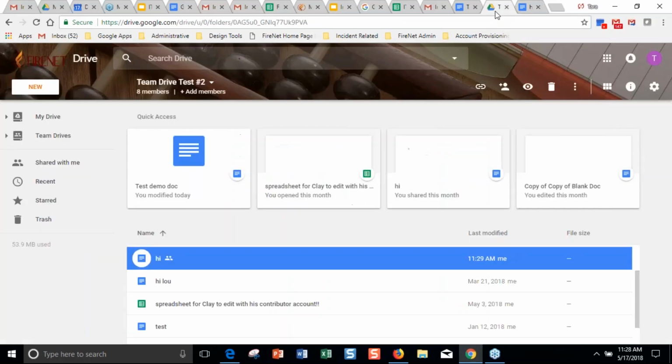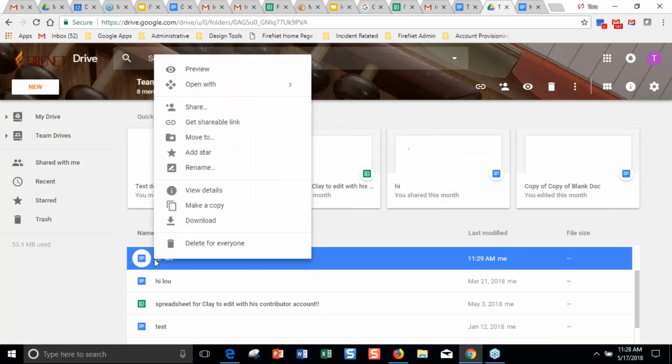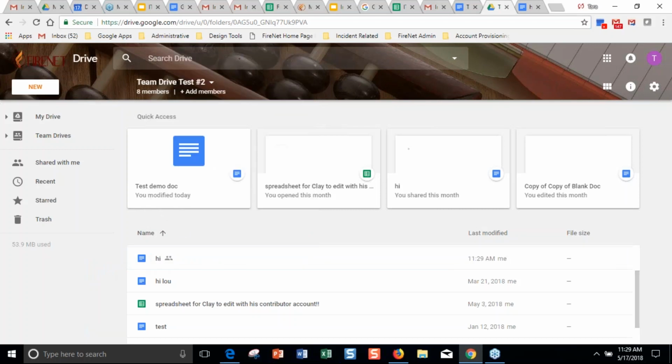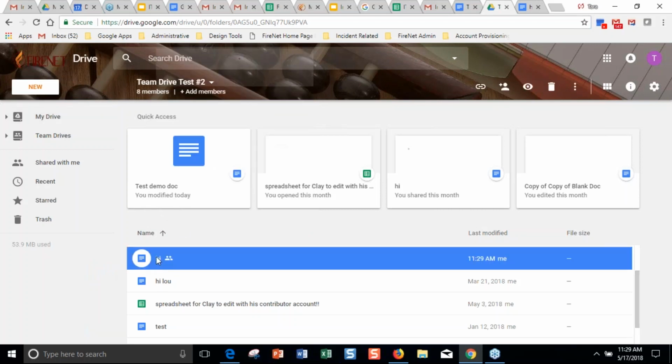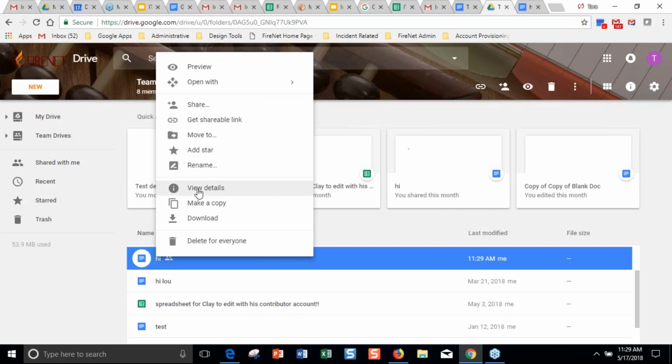Which brings me to something that I don't usually talk about on the presentation, but let me just show you. I just want to mention it here. As we progress in our users using it, I'm finding tools that are really beneficial. FireNet is an enterprise platform, so it does more things than your free Google accounts are going to do. So some of these things like Team Drive and other functions, there's some handy tricks that will hopefully make your job easier. So here I am in Team Drive, and I just right-clicked on this, and there's something called